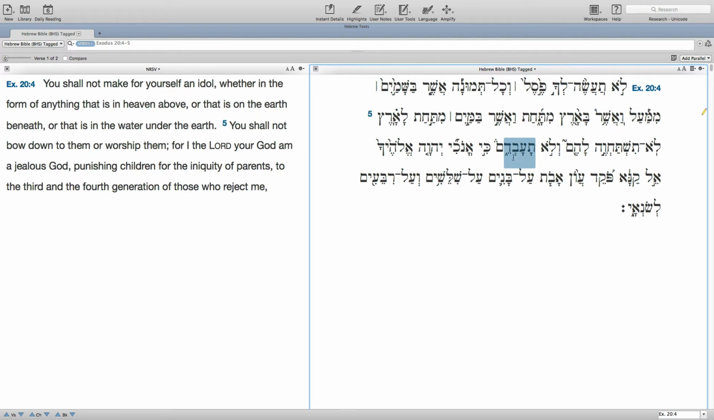This is rather in what we call the hofal or hufal binyan. And when this root appears in the hofal binyan, it does not mean do not worship them. It means do not be enticed or seduced into worshiping them. And I think the difference here is important